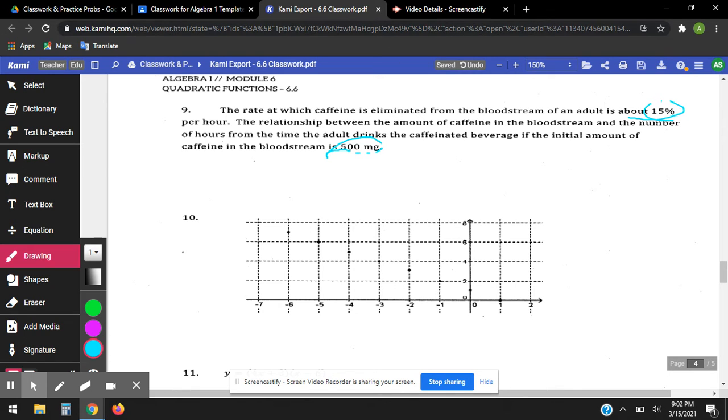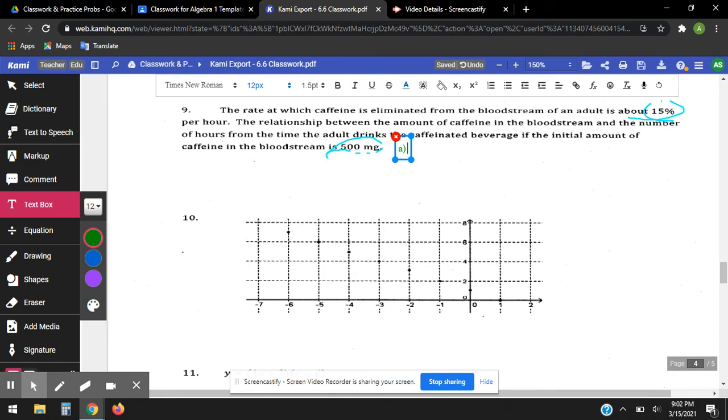So we've seen these kinds of problems before. Which means A, it is a function. B, 15%. That means we're multiplying, so that one is exponential. C has an exponential rate of change. And so D, if I'm going to do my equation, my caffeine equals, well, I started